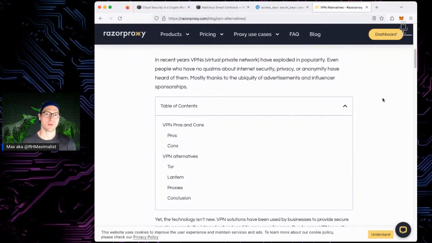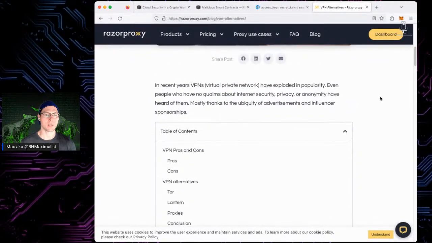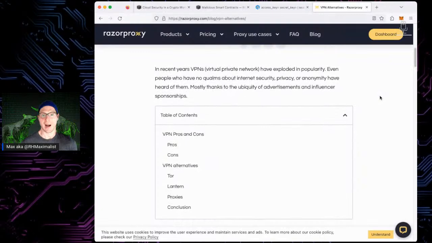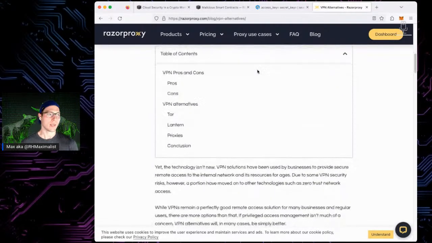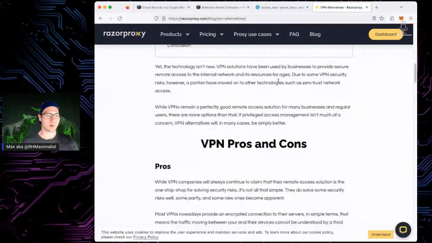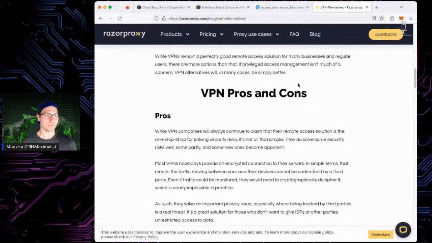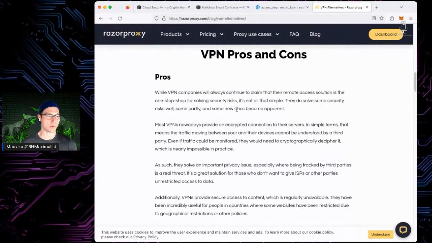But why don't you do stuff like that? Why are you paying $10, $20, $30 a month for a VPN? I don't currently understand it. Again, being a security professional, I don't understand why anyone would do that. And I thought this article went through it pretty well. And there's some kind of proxy product here too, but they just go through, okay, pros,